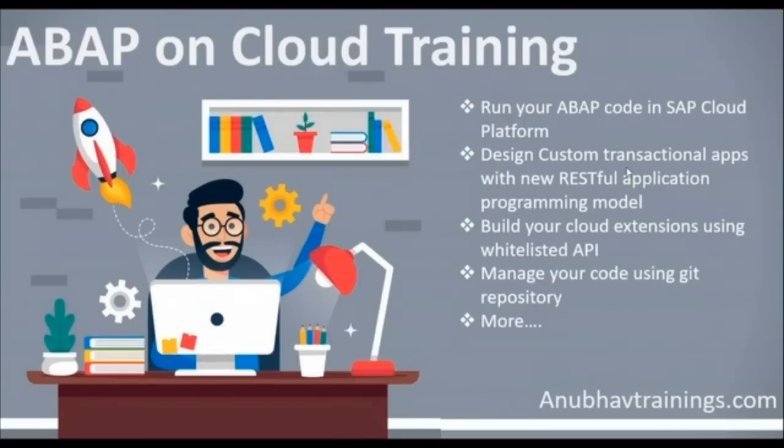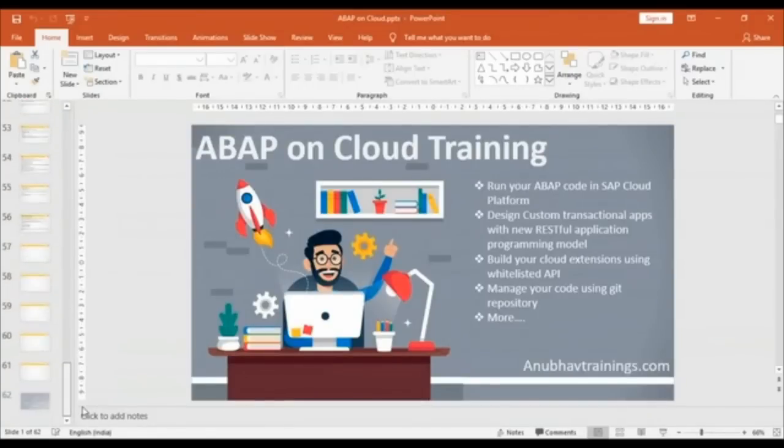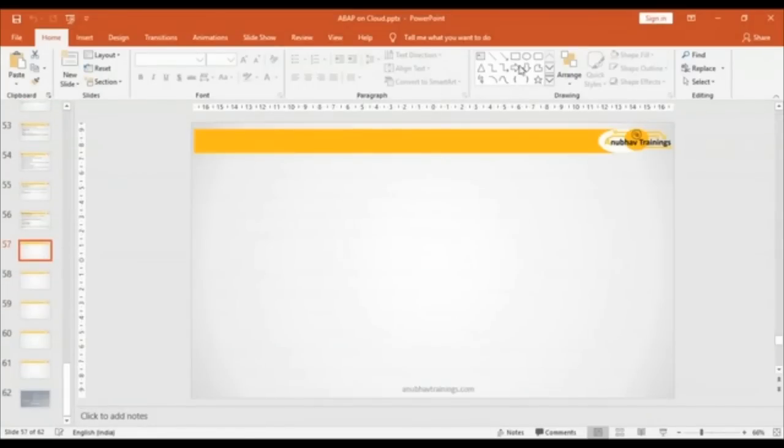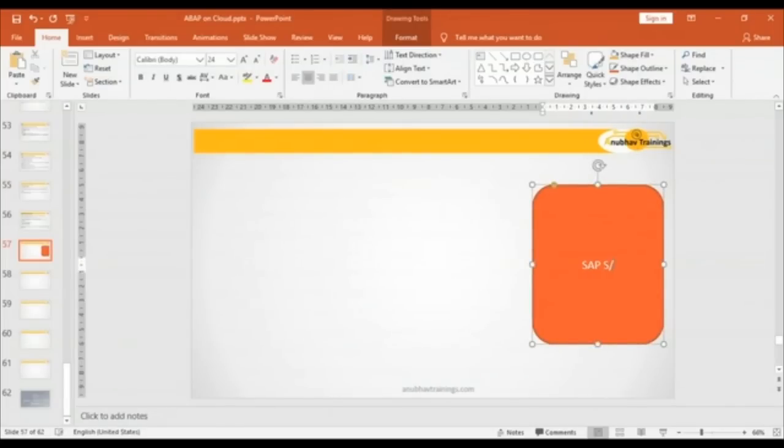So let's understand the scenario what we will be taking for the web API. So I'll switch back to the presentation. And what we want to now achieve is, let's imagine you have your S4 HANA system in your company. So this is your SAP S4 HANA system. It can be an on-premise or it could be cloud, doesn't matter. S4 on a cloud or S4 on a on-premise, doesn't matter for us